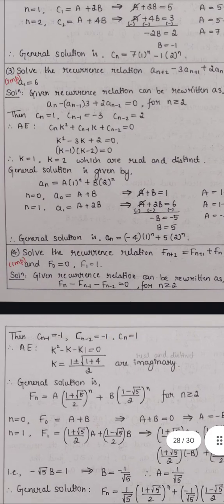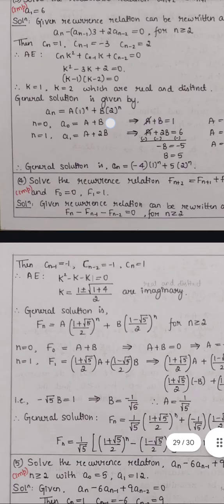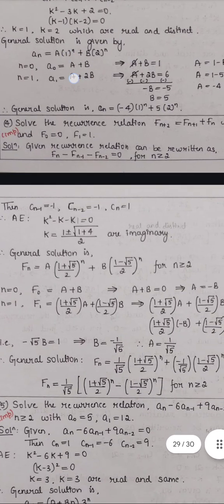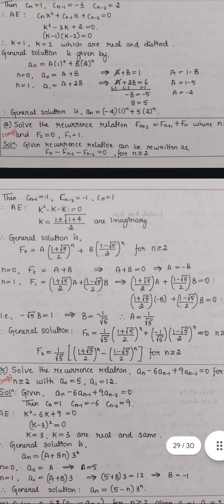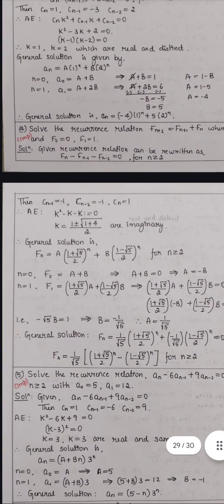Finally the solution will be a_n = -4 into 1 power n plus 5 into 2 power n. Solve the recurrence relation f_{n+2} = f_{n+1} + f_n, where n greater than or equal to 0, and f0 is 0, f1 is 1. The given recurrence relation can be rewritten as